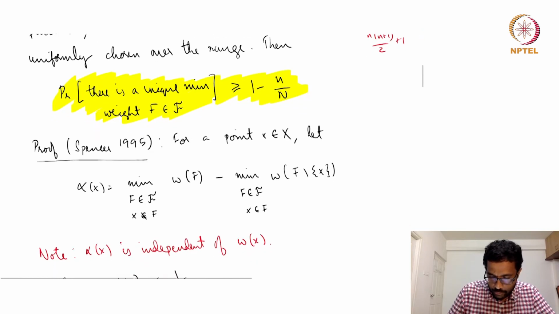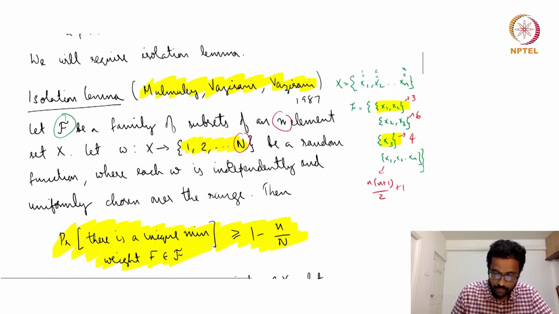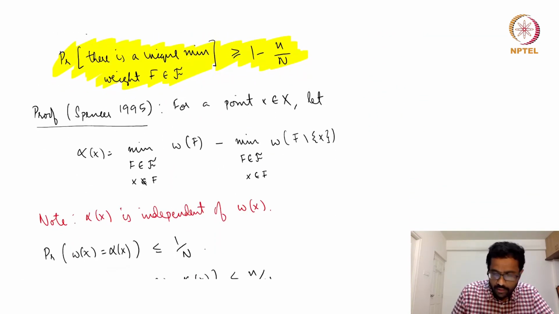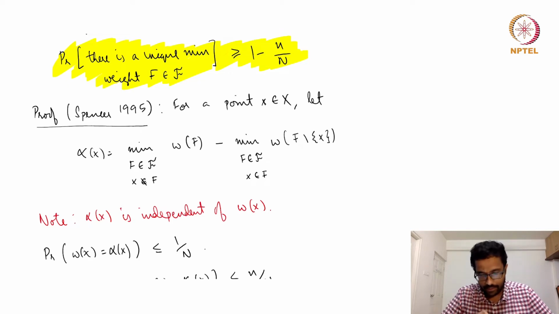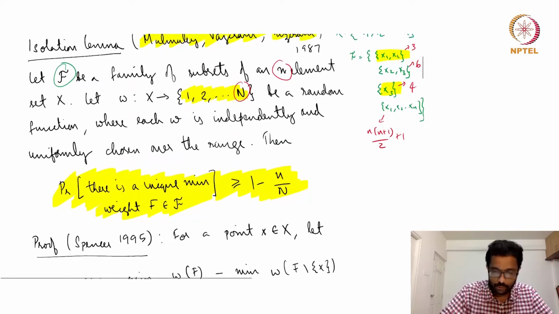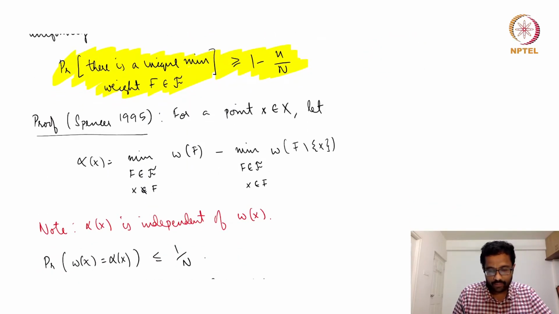So let's see why this is true. And this proof is by Spencer. This is not the proof in the original Mulmuley-Vazirani paper. Okay. So we define something called alpha x for each small x, where small x is an element of capital X. Okay, and the weight function is called W. What is alpha x? You look at all the sets F in the family script F,